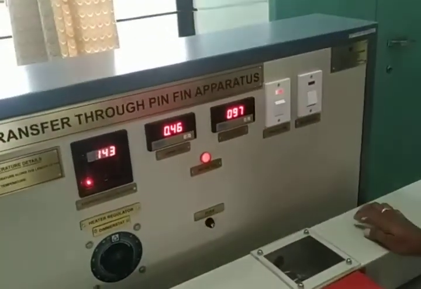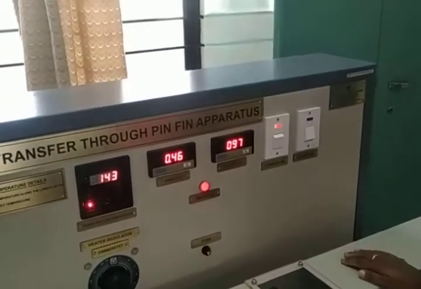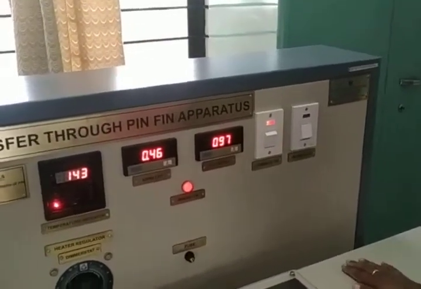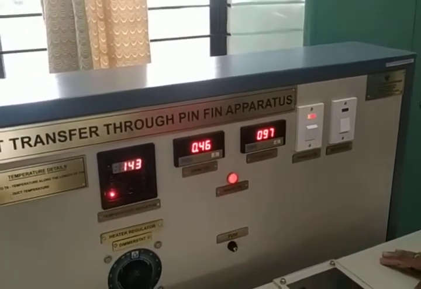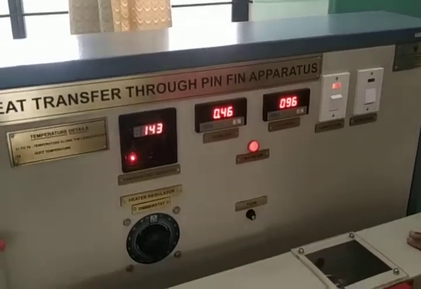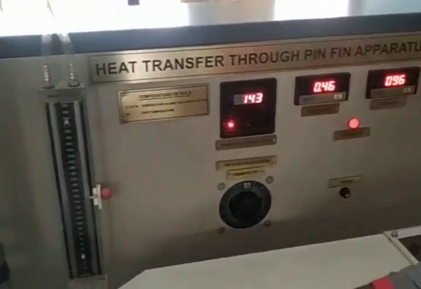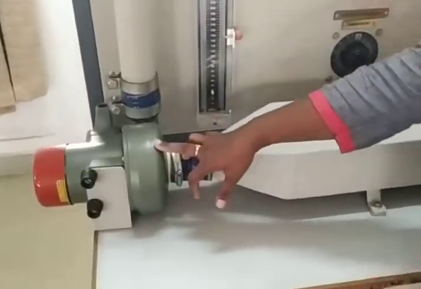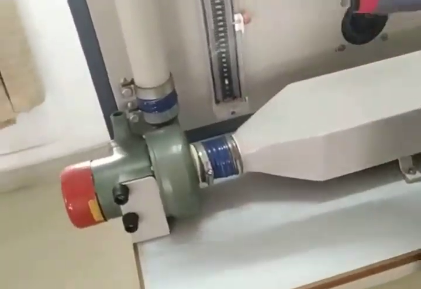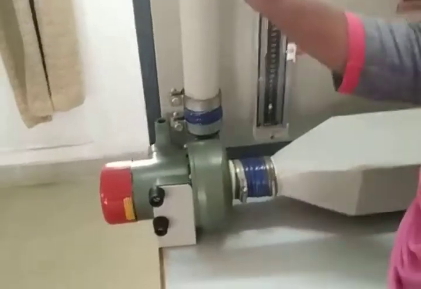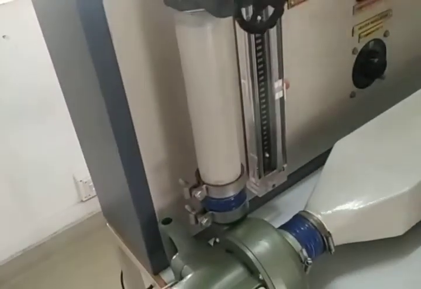Forced convection is nothing but heat transfer by using a blower. The convection takes place by using a blower or fan, anything like that. So we are going to use an external agent in order to do the convection. Here we are going to use a blower. As you can see here, this is our blower, and here we are going to open the blower. So now it is in open condition.